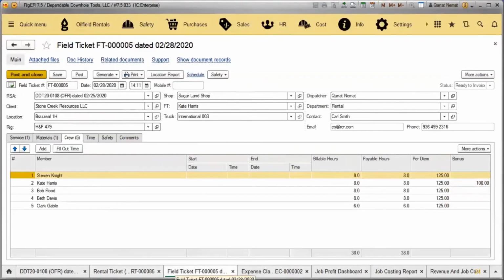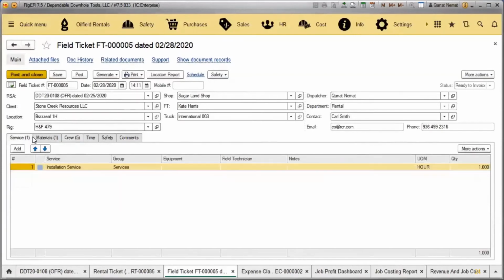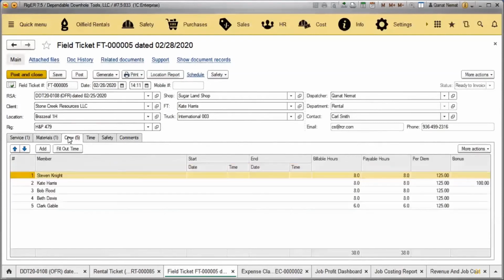These tickets are also generated from the RSA, and their main purpose is to send field technicians to client locations to perform different operational services. For example, there is a field ticket that requires an installation of equipment service, and your field technician would need some parts, as well as a crew of 4 more field technicians who will need to spend some time to do the job, and also need a per diem allowance,